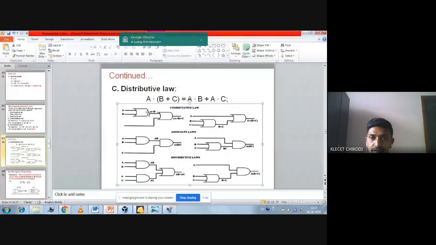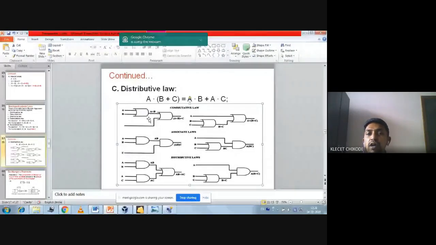Now the output of this first OR gate is given as input to another OR gate. Along with that, we have given the C input here. They have not mentioned it, but it will be C here. So A plus B is one input to the second OR gate, and C is the other. The output of the second OR gate will be the first input plus the second input. What is the first input here? It will be A plus B, and the second input will be C. So it will be A plus B plus C.